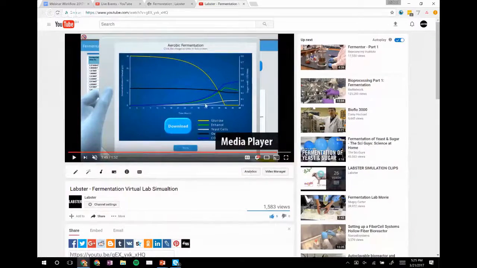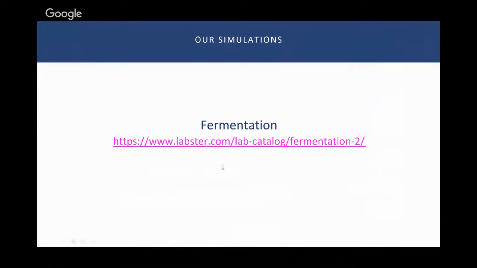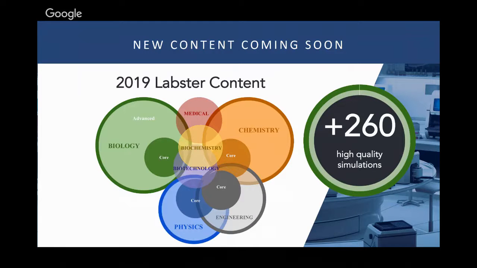So I hope that gives you a good insight into one example of how these simulations can work. Again, as I said earlier, each simulation is very different. So I do invite you to go in and look at the catalog. And if you see anything missing, please do drop us an email, marian@labster.com, and we'll be happy to also share more about that.